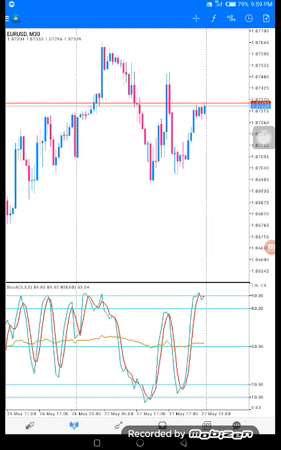I'm talking about a buy position. When you're in a buy position, move your stop loss, which is below your entry point,